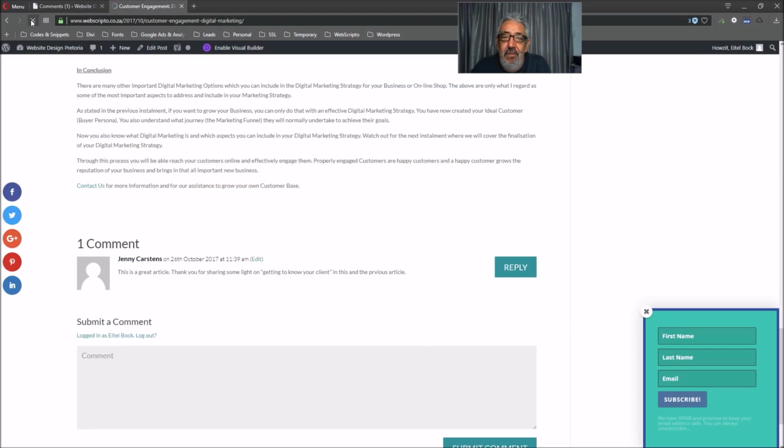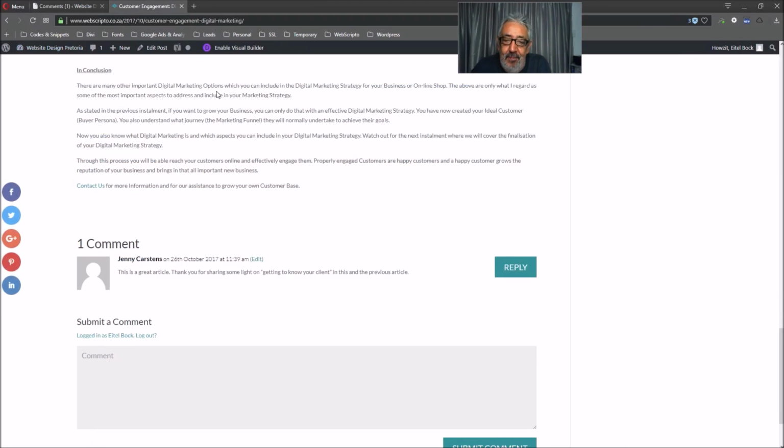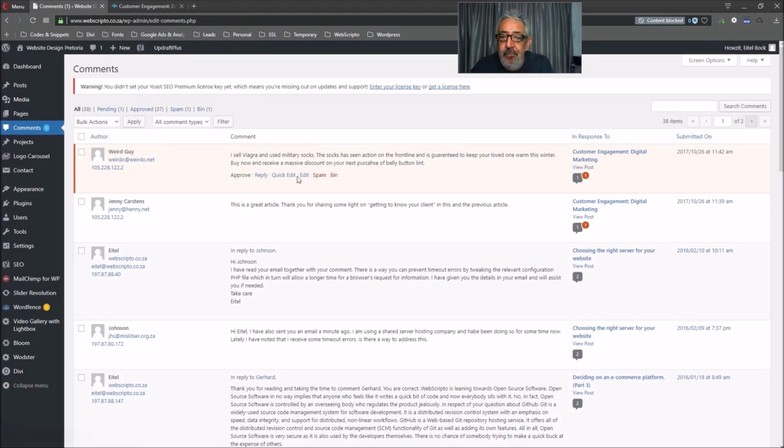Let's go and refresh the front page. And now it is corrected. So this is an example of how the editing can be put to good use, and not by adding anything that Jenny did not want to comment on. So that is how, if you decide that no, I accidentally approved this one and it should never have been approved, you can unapprove it here,